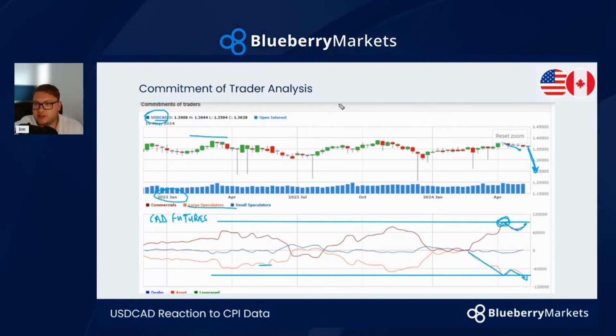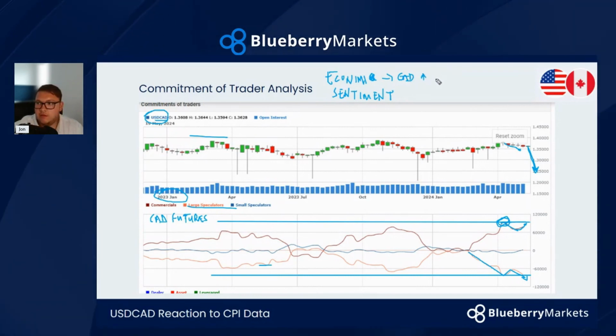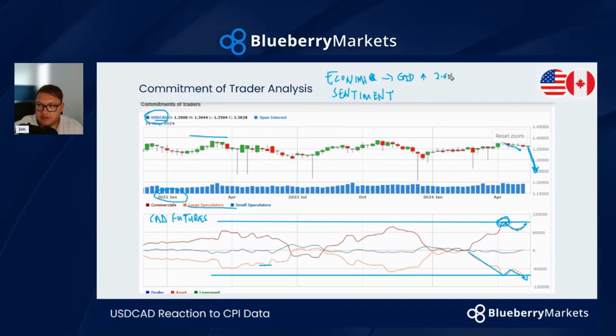Okay, so we'll just have a little bit of a recap. I'll just put a little note up here. If we consider the economic indicators so far, along with our sentiment indicators, which are the likes of the seasonals and commitment of trader reports, I would say that on the economic side of things, you could argue that there is some growth in CAD. Strong employment figures. We've got an inflation rate that is above 2%, which came in at 2.6%. So that could be strong CAD.